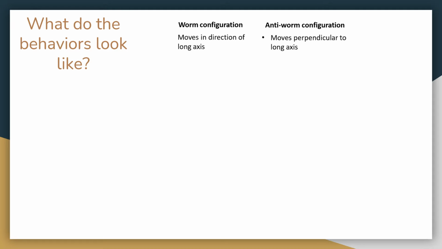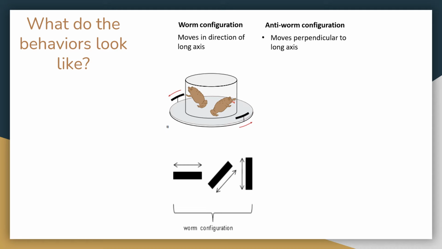When we refer to worm configuration and non-worm configuration, or anti-worm configuration, we refer to the movement of prey along its axes when a toad looks at it. So for worm configuration, it's when the prey moves in the direction of its long axis. So in the example, we see how the horizontal bar is moving horizontally, and that elicits an attack response from